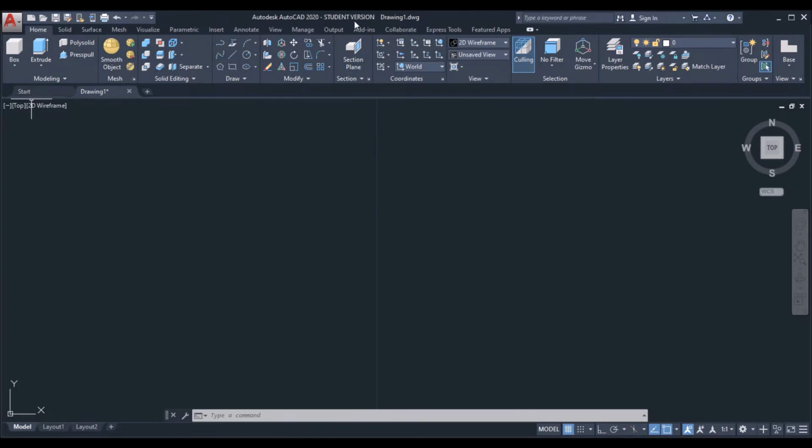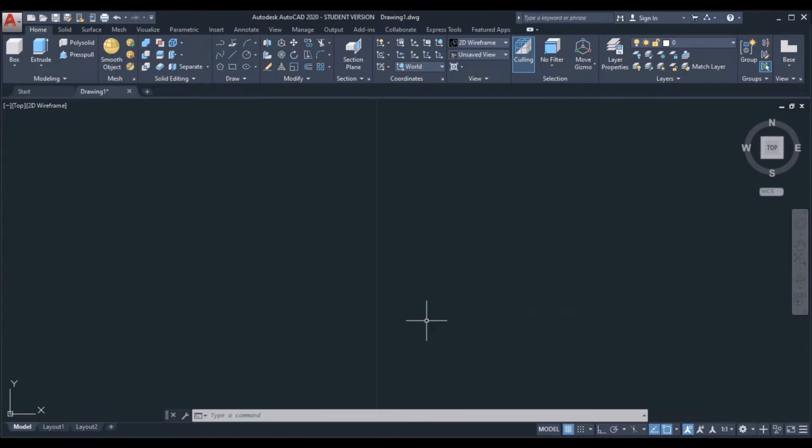This is the AutoCAD version, the drawing file name, and the help information. Next, this is the workspace, this is the coordinate system, and this plus symbol is the cursor. This is the command bar, below is the status bar, and these are some of the tools.